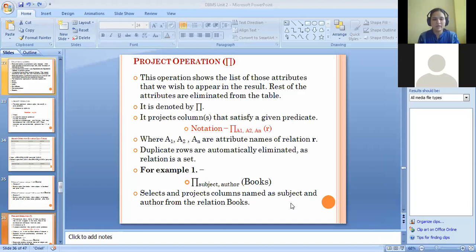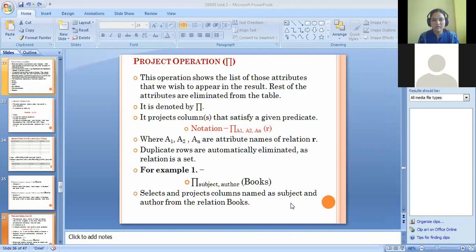For example, assume that a book relation is already present. In that, n number of tuples and n number of attributes are available, like the name of the book, subject, as well as the author, publication year. You want to select two attributes, that is subject and author, from that book.